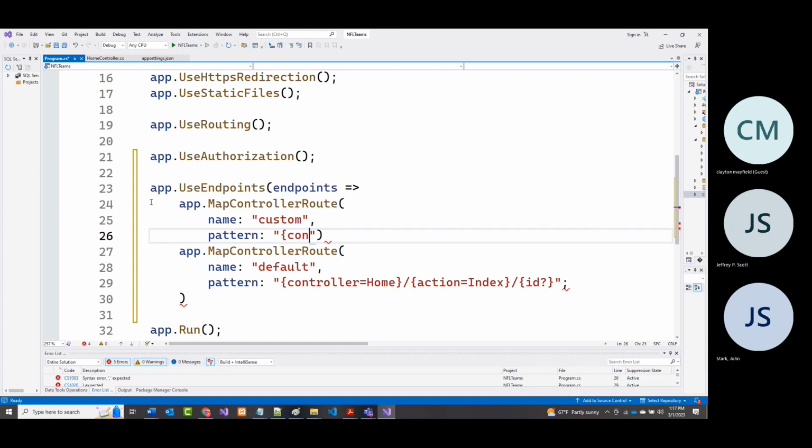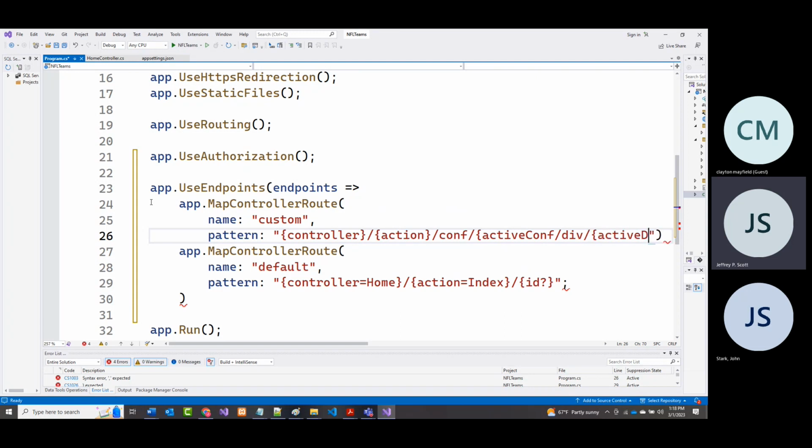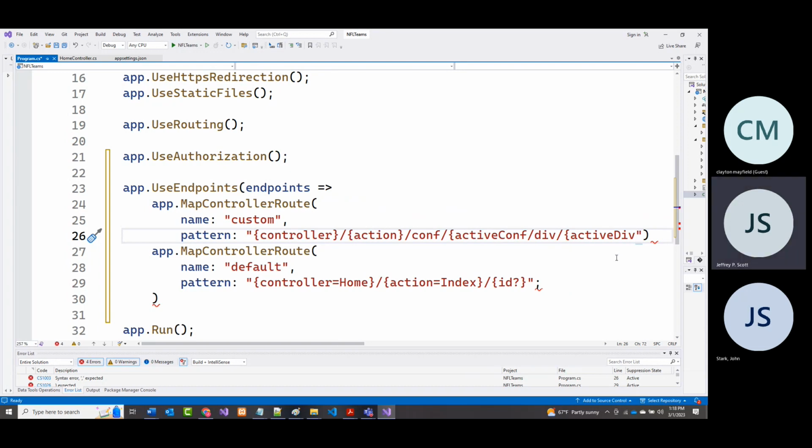the controller, followed by the action, followed by CONF. All right, that's going to be literally those words. In fact, what have I got here? That's right. Followed by whatever the active conference is, followed by div, followed by whatever the active division is, just like that. All right, let me move this over a little if I can. Okay. So active div,